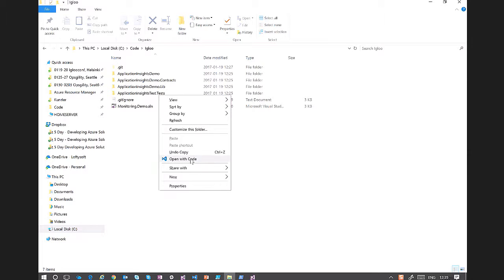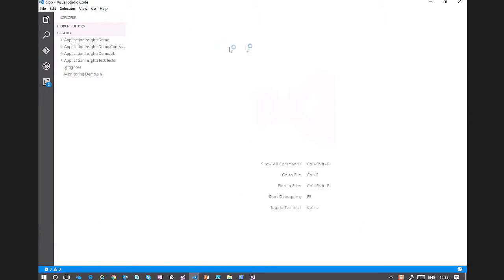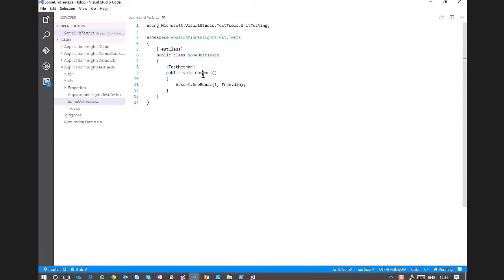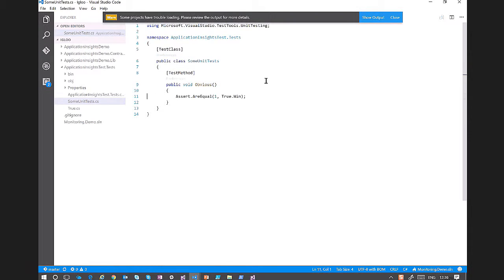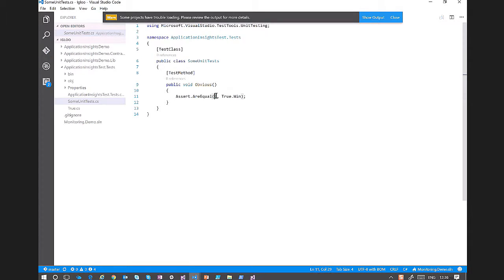Let's have a look at this with Visual Studio Code, because normal Visual Studio was not really playing ball. There's a test broken. Seems I have some unit tests. Okay, there's a test called obvious, which is failing. It says that a true win equals 1. No, that's not right. That can't be. No, of course, a true win is 42. That's the actual winner. So let's change that file